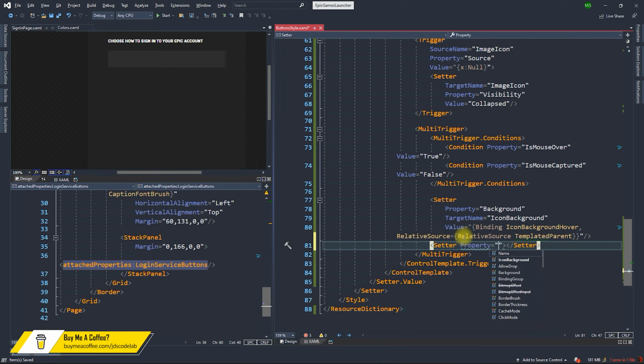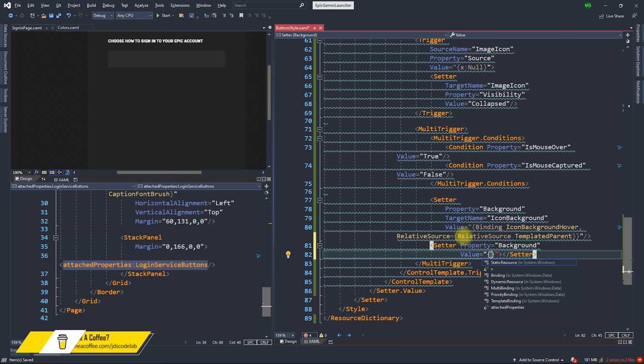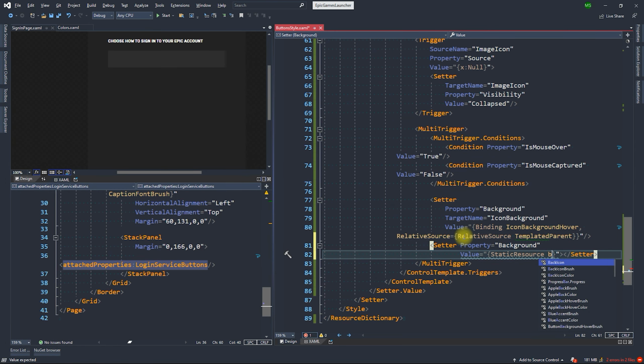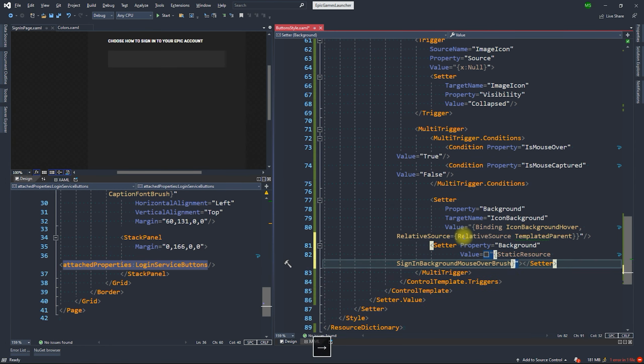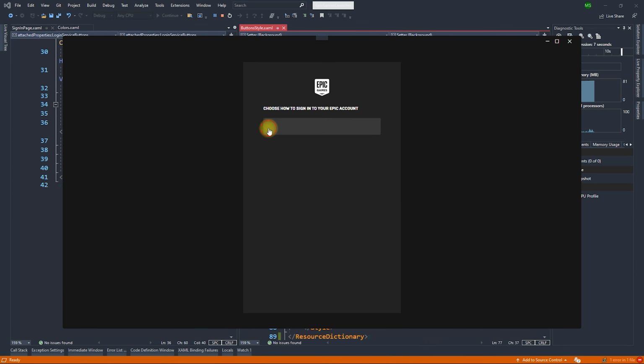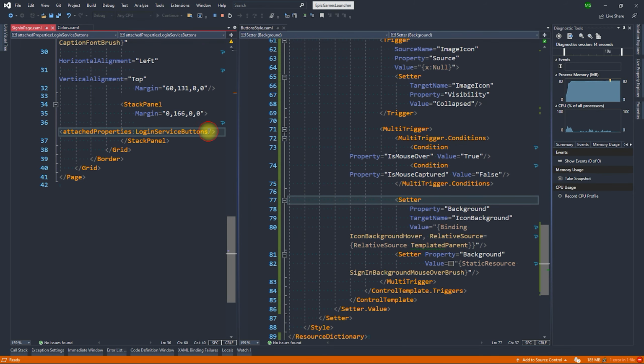And button's background should change to sign in background mouse over brush. Now let's execute the program and see the control in action. Okay, as you can see the trigger is working fine.